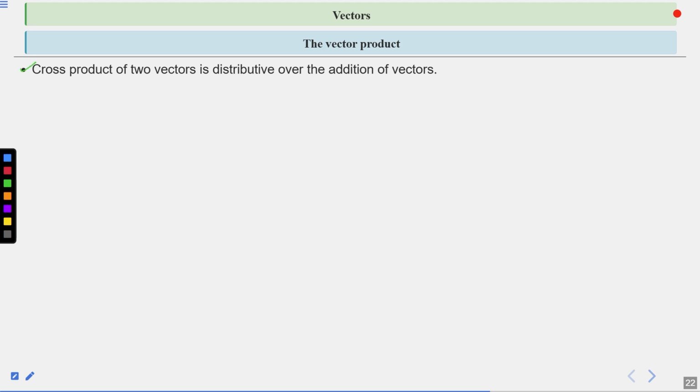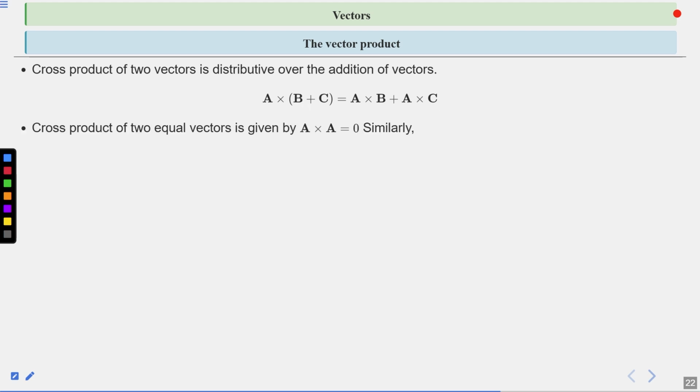Cross product of two vectors is distributive over the addition of vectors. It means A cross (B plus C) is equal to A cross B plus A cross C. Cross product of two equal vectors is given by A cross A equal to 0. Similarly,